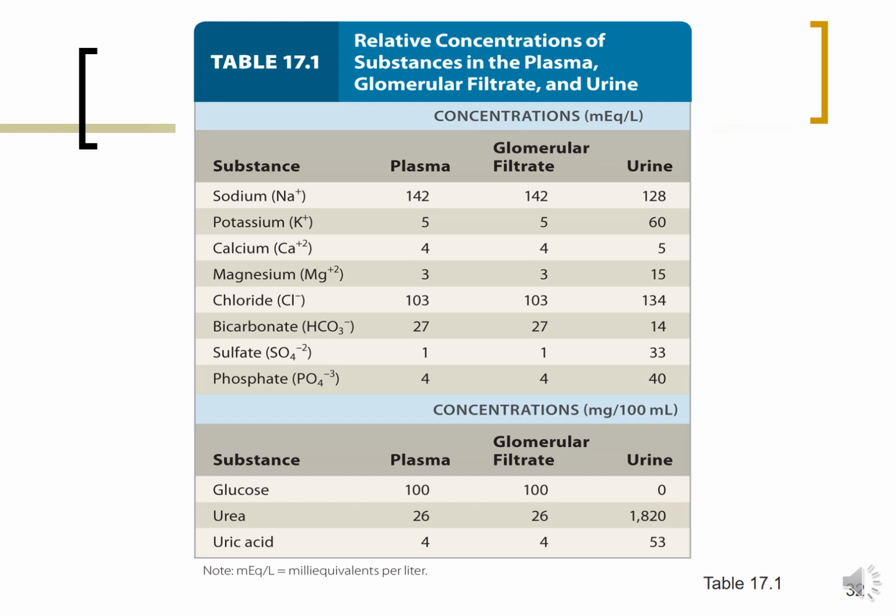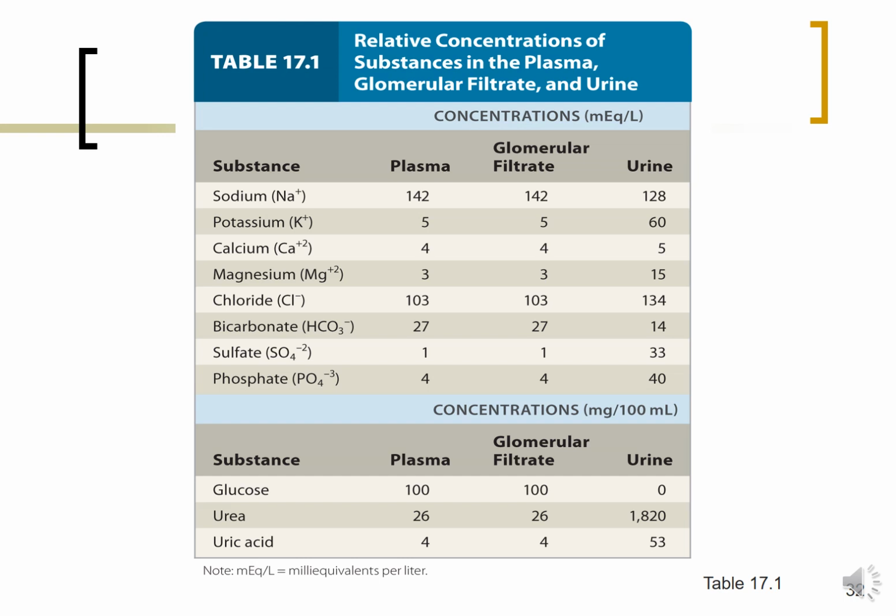Potassium, you can see the urine level is 60. That means potassium was secreted. A little bit of calcium is secreted, a little bit of magnesium is secreted. Same thing with chloride. There's some bicarbonate ions that are reabsorbed. Sulfate, phosphate. So you can look at this and see which types of substances were either reabsorbed or secreted. Now, at the bottom, you can see that your blood plasma level of glucose is typically about